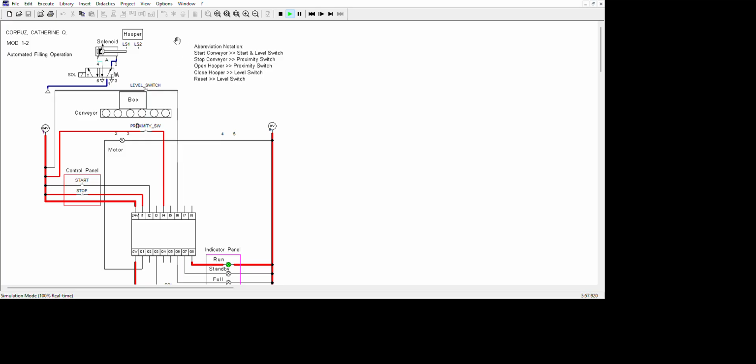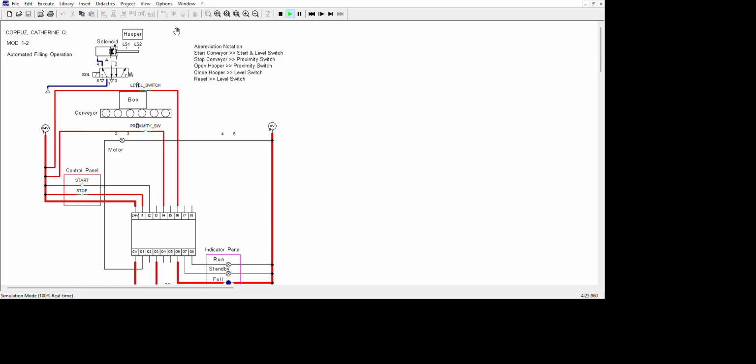And imagine it is now filling the box. The run indicator is still turned on. And once the box is full, it will trigger the level switch. So when I press the level switch, the full indicator turns on. The solenoid moves to the LS2 position.